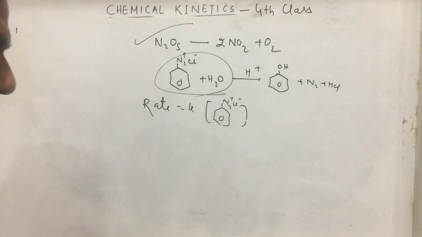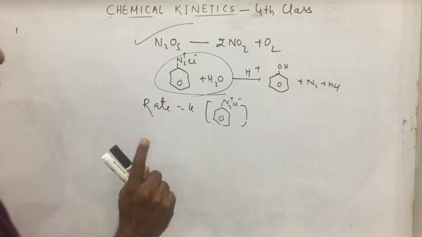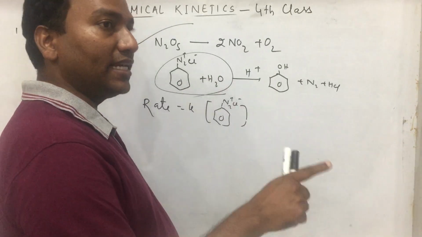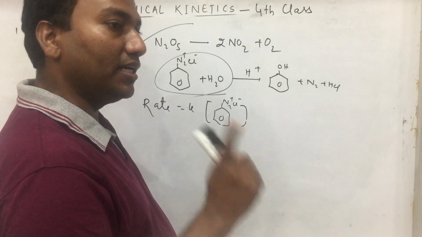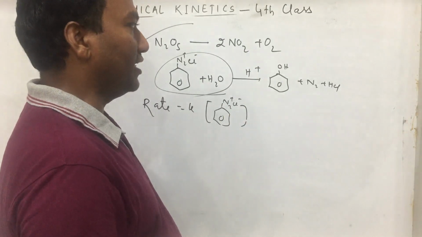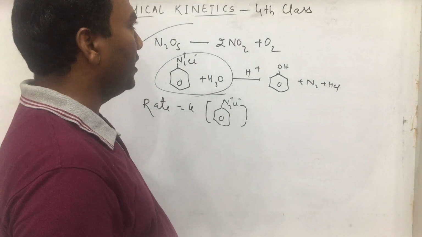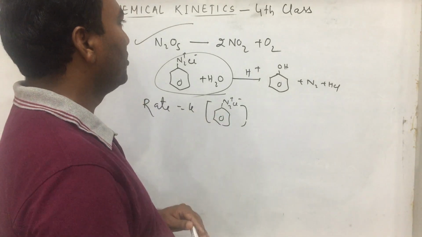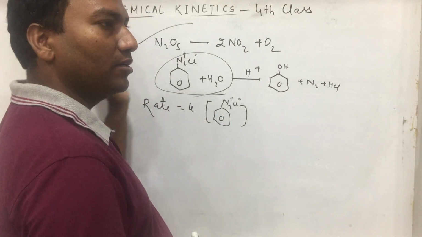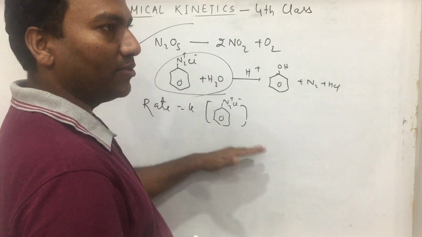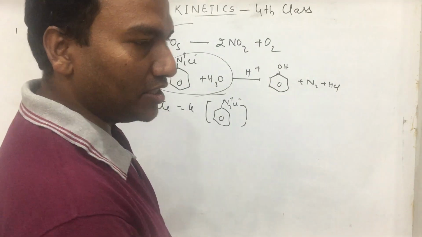You will remember. Similarly, all artificial and natural radioactive decompositions are also first order reactions. Decomposition of hydrogen peroxide is also a first order reaction. Hydrogenation of ethene is one exception. Although the catalyst is solid, it is first order, not a zero order reaction. Clear now? Okay, so these are the different examples. So we covered the integrated rate equation for zero order and first order, examples, and graphical representation.